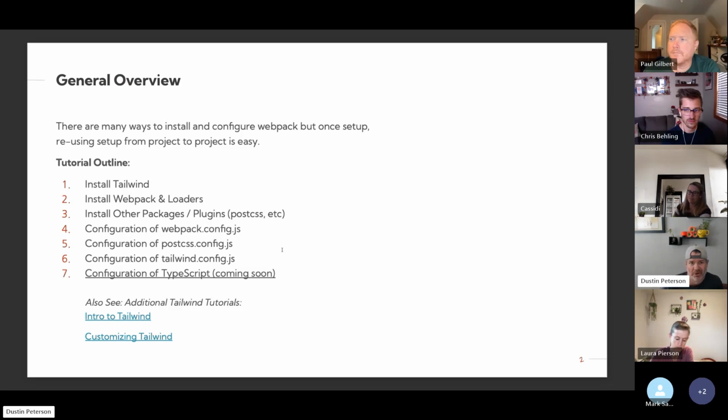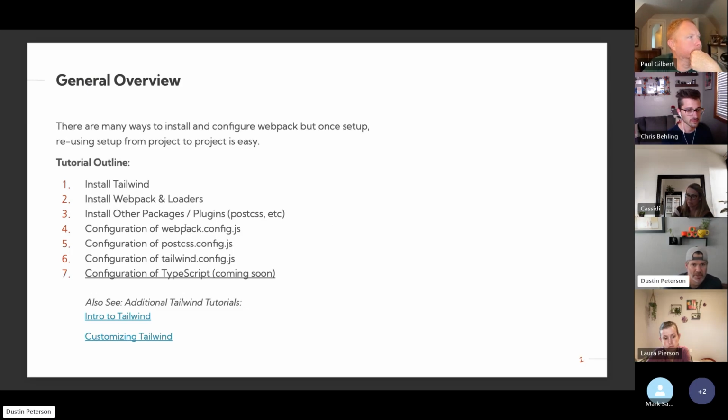So we're going to go over ways to install and configure it. In the past meetings, we probably touched more on an overview of what Webpack is. I'm going to get into how you really install and set this up in VS Code, and once you do this once, you basically won't have to do it again that many times for other projects, because you can just reuse it and then modify or change what packages you might use for that particular project or app. So the initial setup might seem a little cumbersome at first, but it's not something that you have to repeat